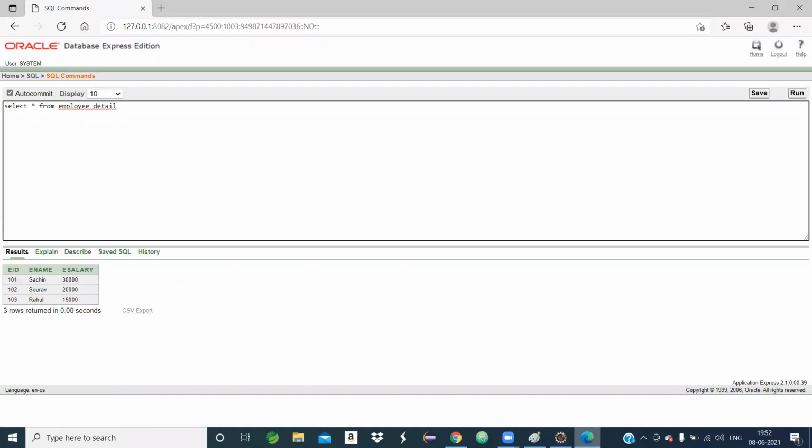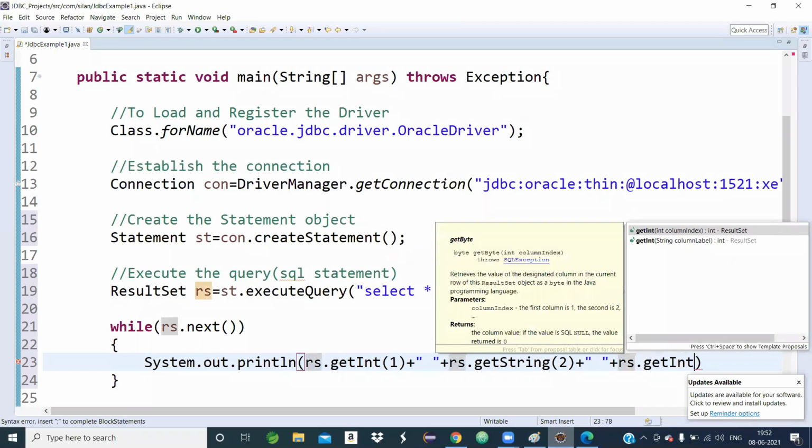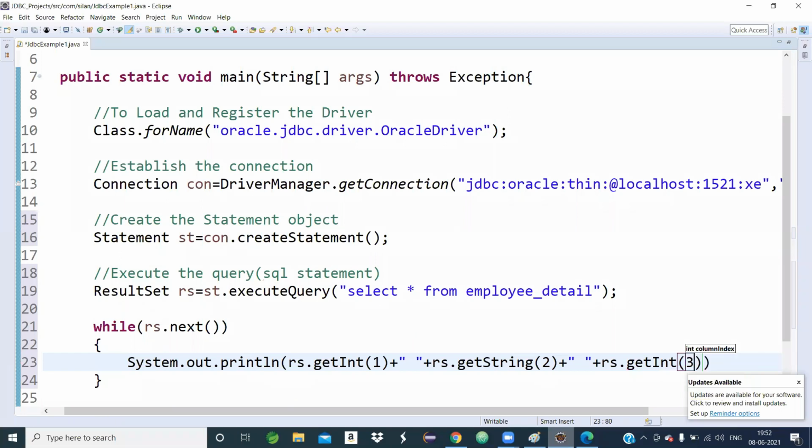Your table structure is employee ID, employee name, and employee salary. So employee name is getString with 2. Then a space, then rs.getInt, get plus return type, with 3.